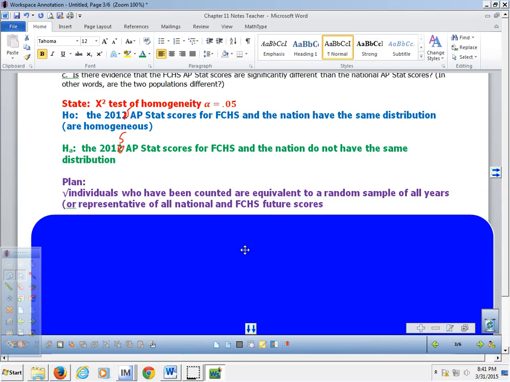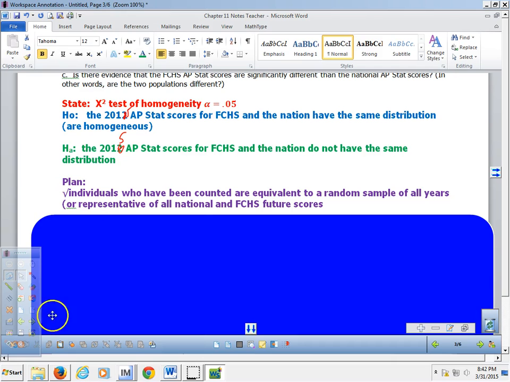Well, what we can say is that the individuals who have been counted are equivalent to a random sample of all years, okay? Or they're at the least representative of all national and FCHS future scores. That's the assumption we're going to have to make, and that's as close as we're going to get to satisfying this random condition. At least from the national score standpoint, when you take a year's grouping, you can, in terms of all years of the test given, consider 2015 to be,